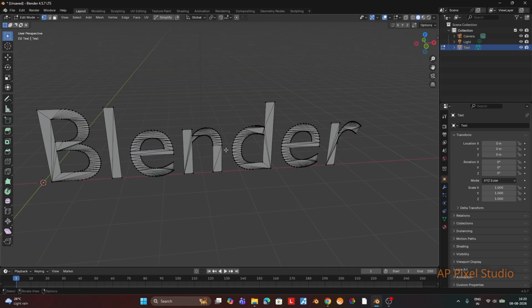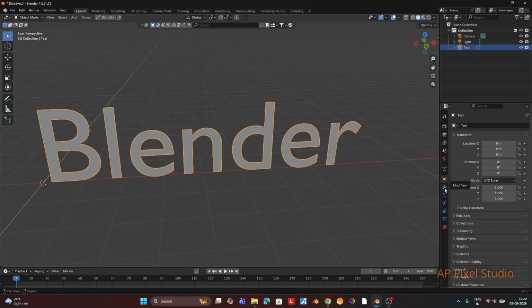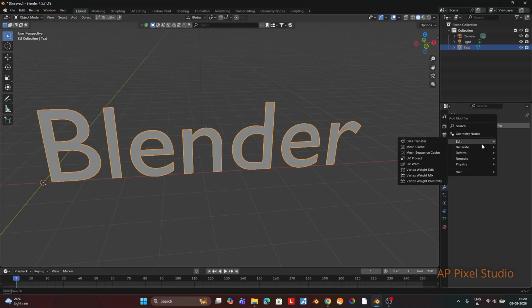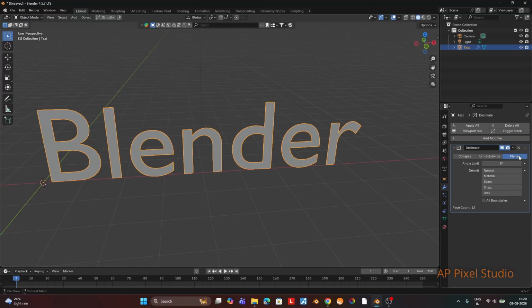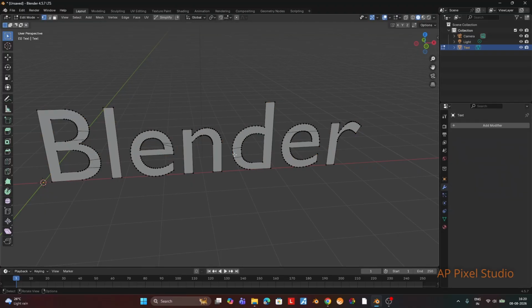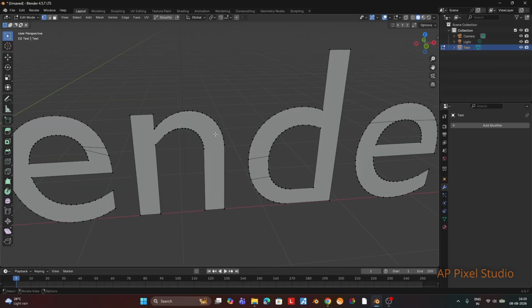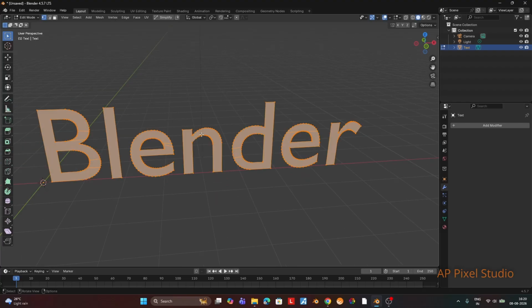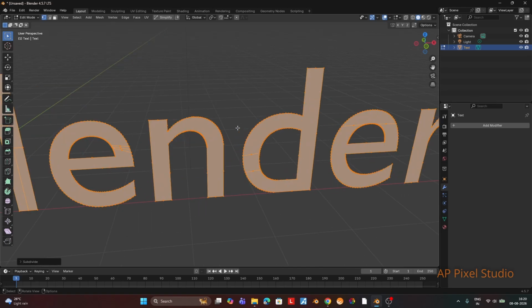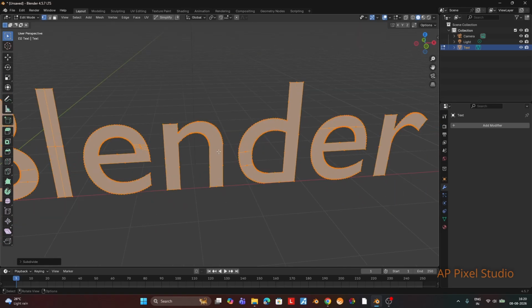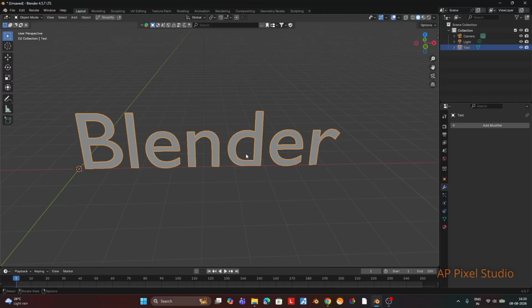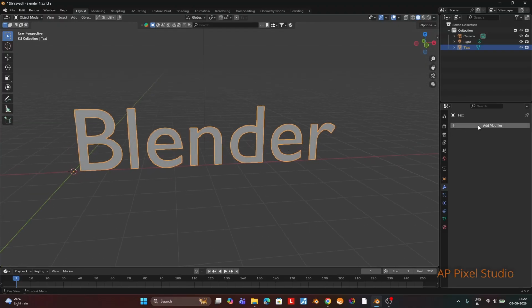And now if we just go to edit mode and if we see the geometry of the word, it's not looking good at all. There are random edges and everything is there. So what we'll do, we will go to the modifiers, we will do generate and decimate modifier, we will do planar and keep default and apply it. So if we see the geometry, most of the edges were removed which were creating not good geometry, so it looks good. Now if we see points a little bit far, go to edit mode, select all and subdivide it once. So now points are nearby, so it will create better geometry when there is a curve in the letters.